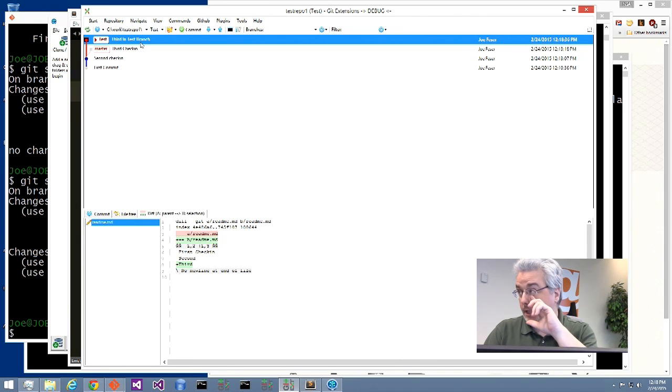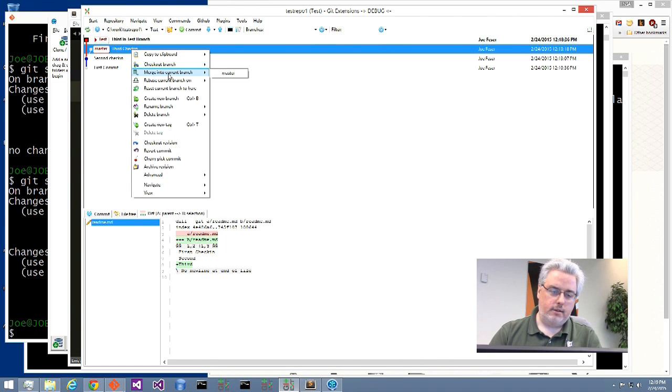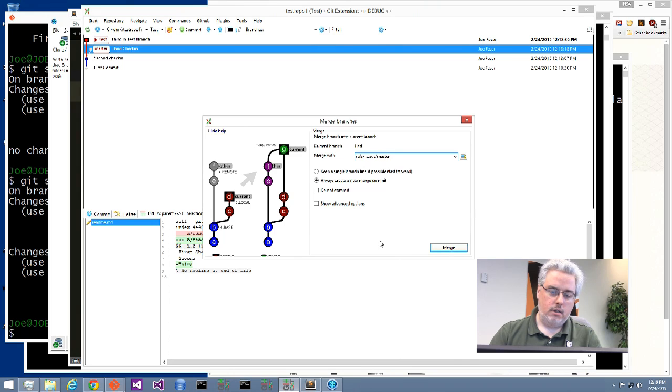What's interesting about Git, in most cases, again, it depends on whether or not you leave a new line at the end, but because everything is based on the hash of what's changed and where the lines have changed, 99% of the time, as long as you don't have the extra carriage return on one and they're both exactly the same, I can actually do this, where I can say merge. And what I'm doing here is I'm actually merging